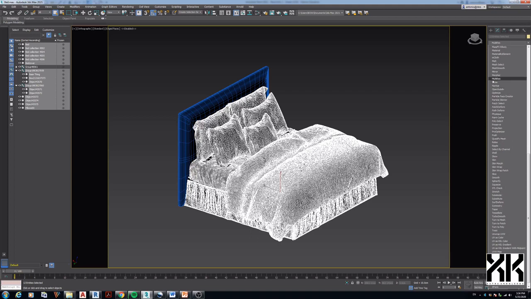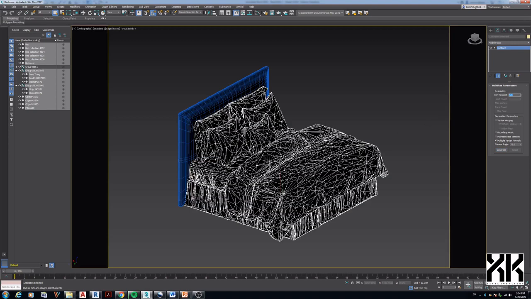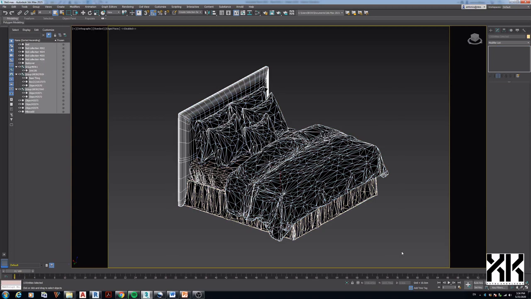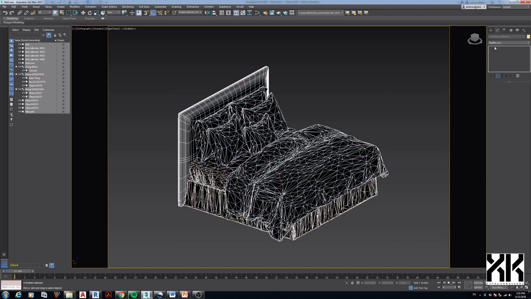Click the Generate button under Generation Parameters and wait while it's processing. Once it's done, change the percentage value of Vertex Percent to 5. Then, check if the objects are not deformed. If it is still in shape,